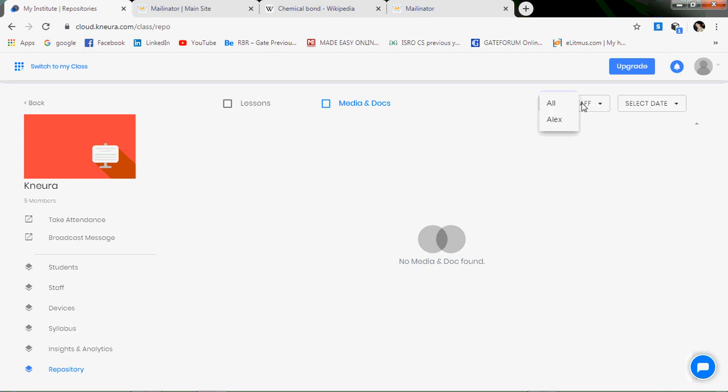Admin can also select the teacher name and manage and track date wise. So whatever Alex teacher has prepared in this particular class, any lesson, if they have published it with the student, all the data will be available here and admin can track it.